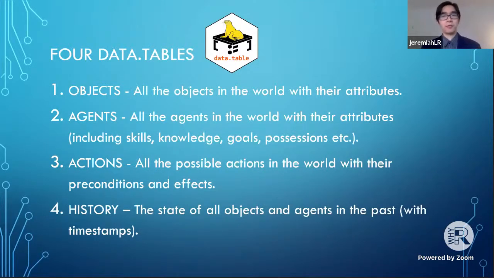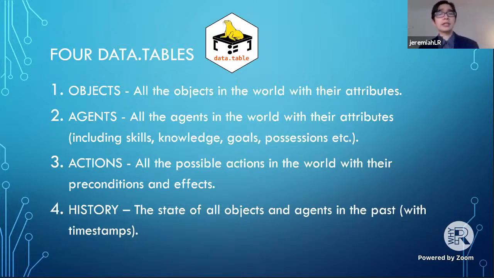Data.table takes care of, of course, all of the data. It has very fast data access and data manipulation. And in the schema that I propose, you can have just 4 massive data tables, okay? A data table for objects, all the objects in the world with their attributes, a data table for all the